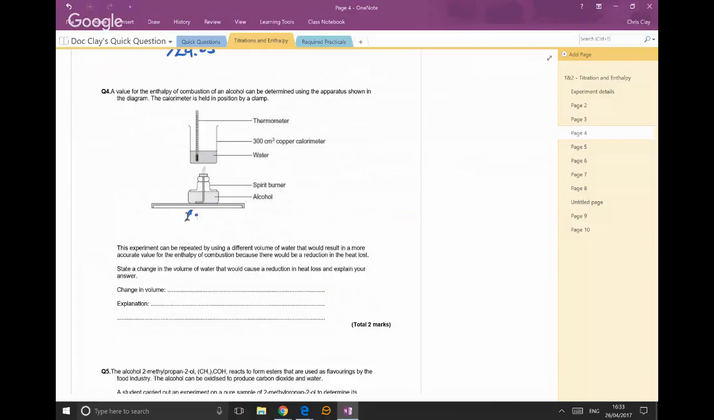It can be repeated using a different volume of water that would result in a more accurate value for the enthalpy of combustion, because there would be a reduction in the heat loss. State a change in the volume of water that would cause a reduction in heat loss and explain your answer. So here we've got to identify what the change in volume is. Well, we can only either increase or decrease the volume. So if we decide to increase the volume,